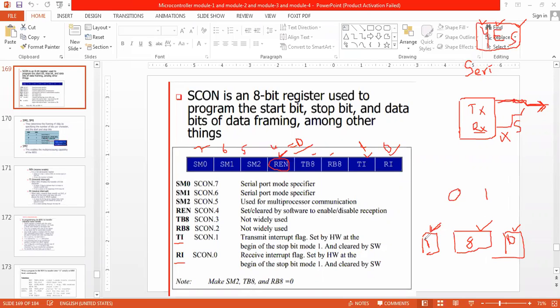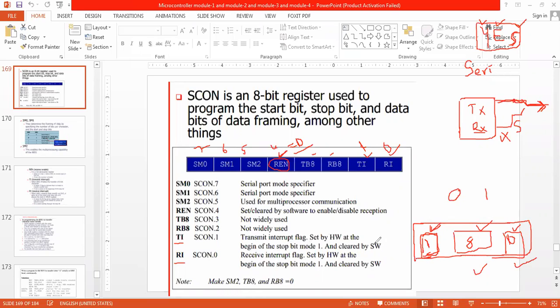Whenever I am transmitting, 0 will go first, then the 8 bits will be second, then the stop bit is going to be the third. When the 10th bit is reached, it means that one frame, one data, has been sent.